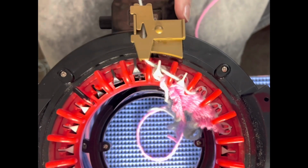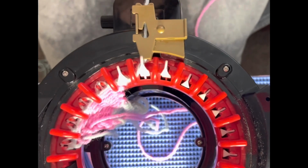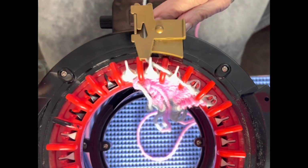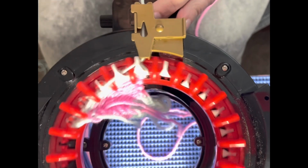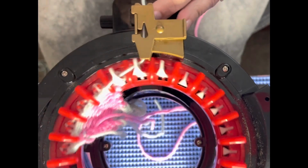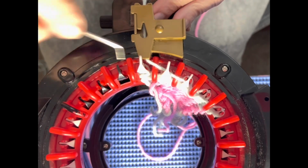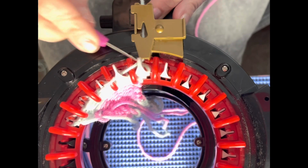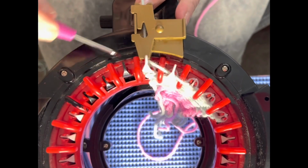So that's 1 and 2 and 3 and 4 okay, and 5 and 6 and 7, and I'll go back one more time, and 8. Okay,